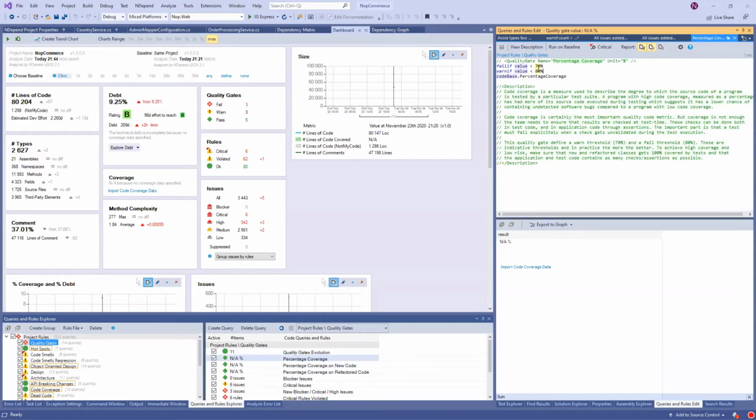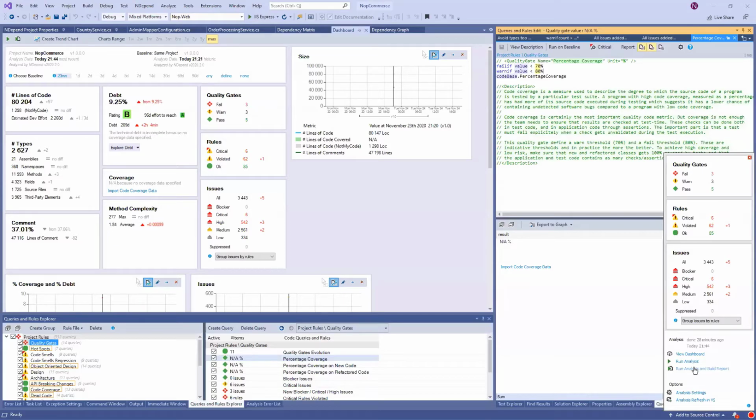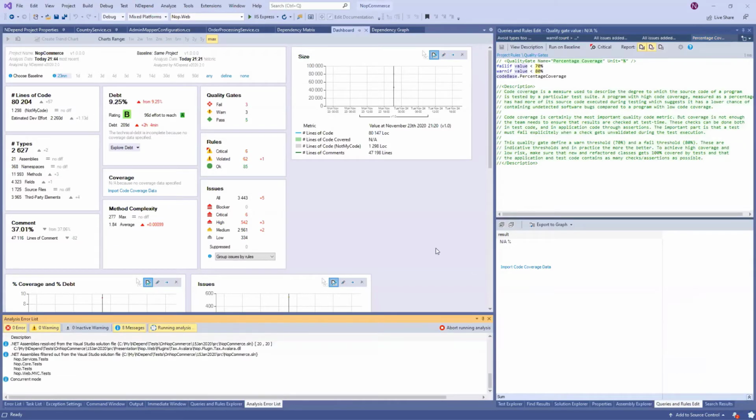So failure, when does it happen? I mentioned in the beginning that NDepend can be integrated into your continuous integration, which is very interesting. There are 2 ways. You can either generate some reports. Here I generate the reports from the UI. Or I don't have a demo for that, but I can show you the URL.